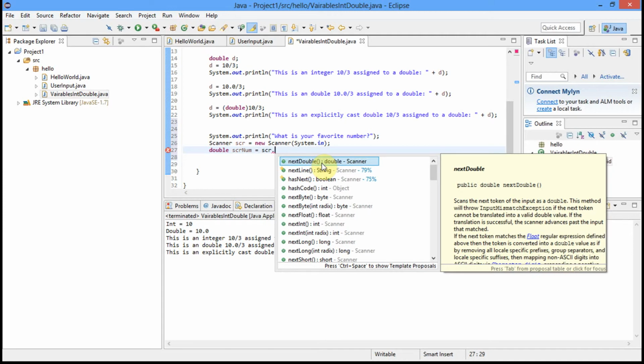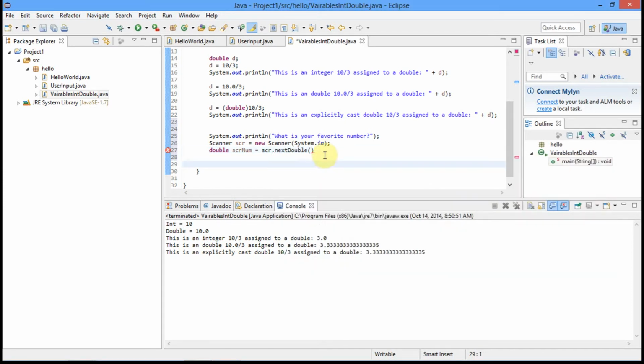In this case, we're going to get the scanner to give us a double. All right. Now we could do next int or just next line, or we could just say next. But in this case, we're going to say next double, right? So we're going to get our scanner to give us our next double, and then we're going to say